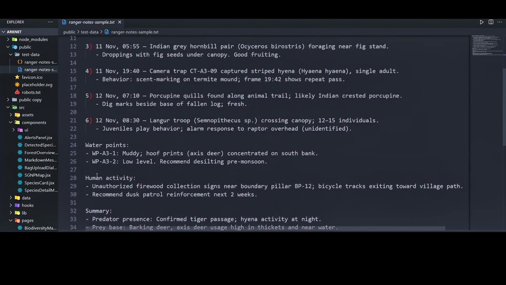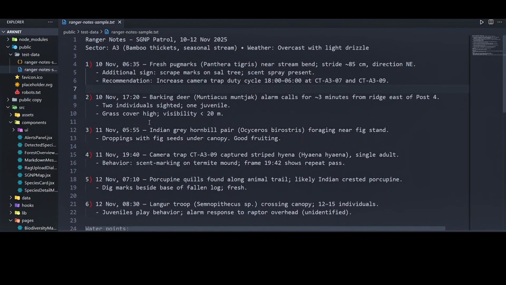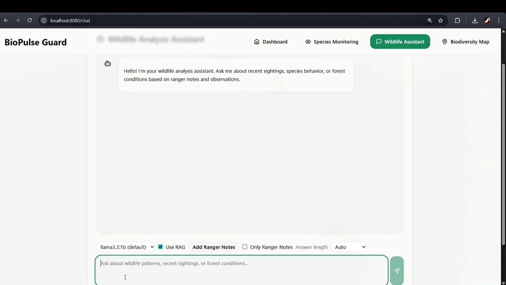So if I want to ask questions based on this text, I'll ask, tell me what happened on the dates 10 to 12 November in Sanjay Gandhi National Park.